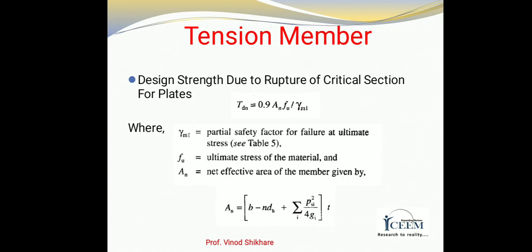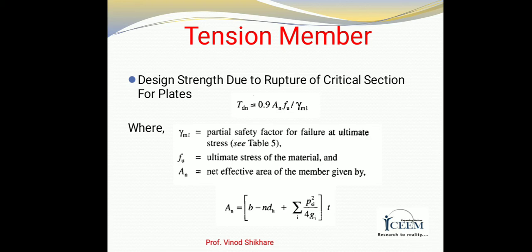Design strength due to rupture of critical section for plates is given on page number 32 of IS 800, that is TDN is equal to 0.9 An Fu divided by rho m1, where rho m1 is the partial safety factor for failure at ultimate stress, given in table number 5. Fu is the ultimate stress of the material, and An is the